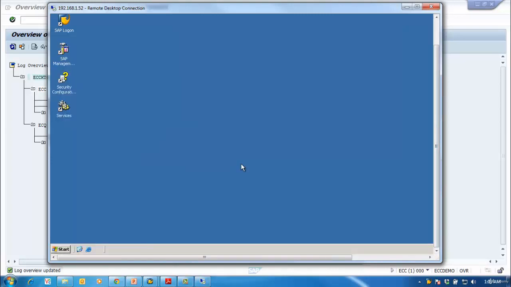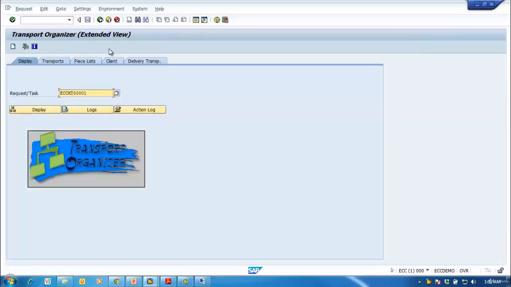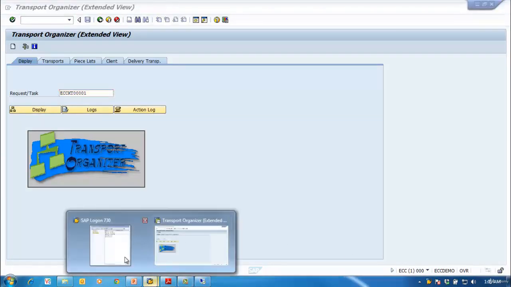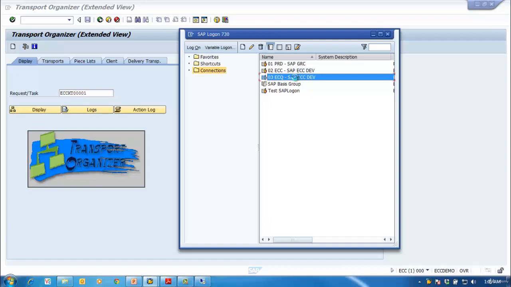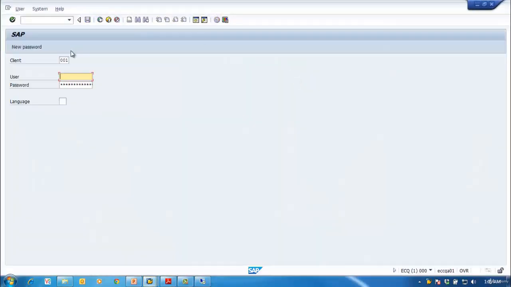So let's now go to step 2, that is importing into the target system. So let us log into our ECQ system. The target client which you want to copy is 102. Let's go to SAP star,